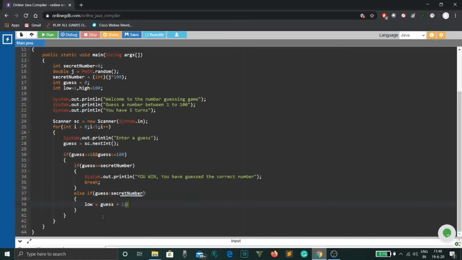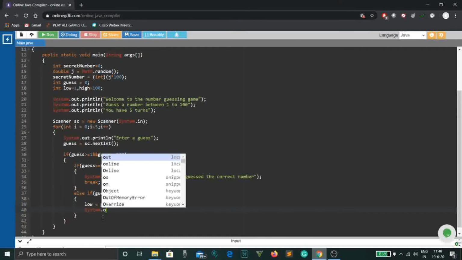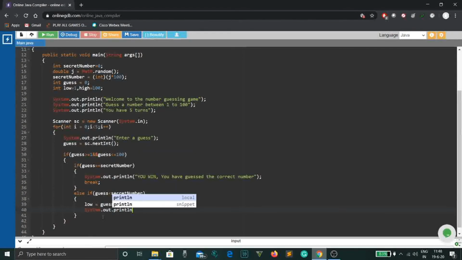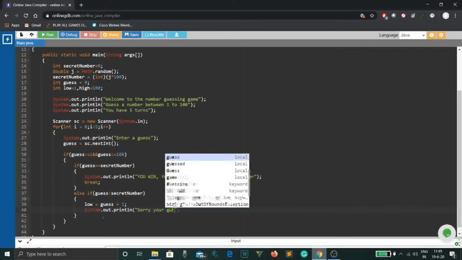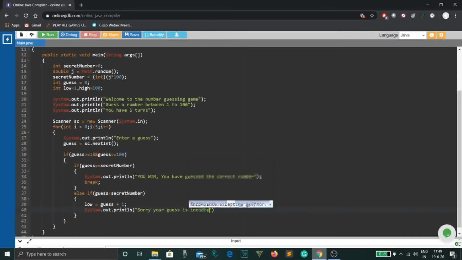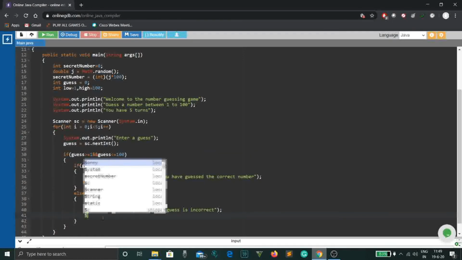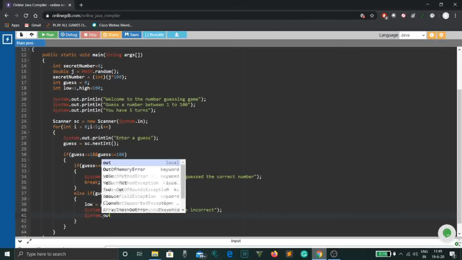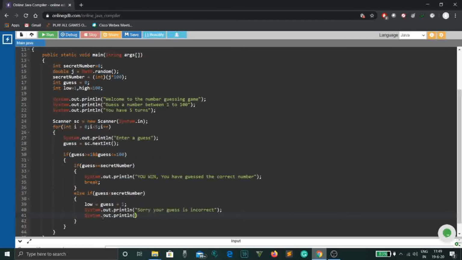Then again we'll type the semicolon, and we'll print "Sorry, your guess is incorrect", because we need to tell the player their guess is incorrect. In the next line, we show the new range to the player.